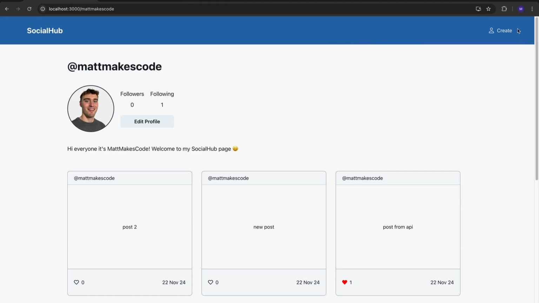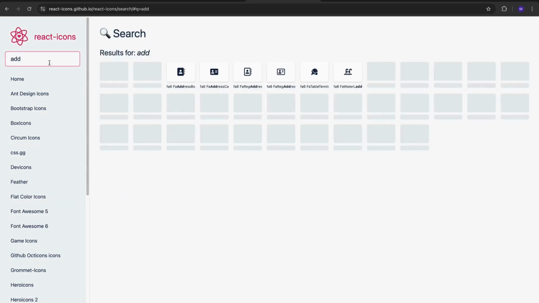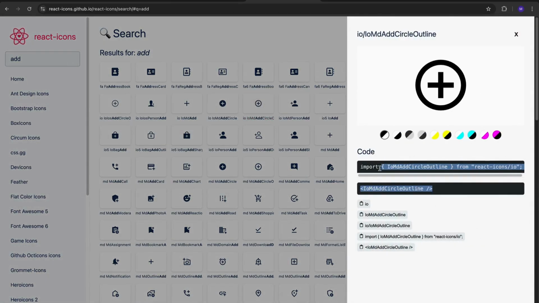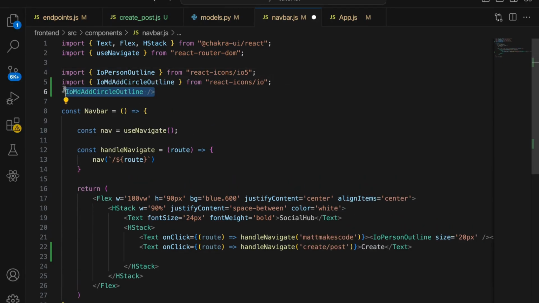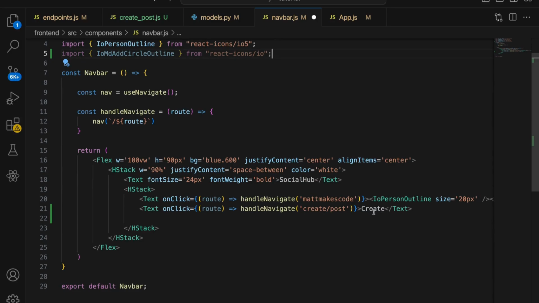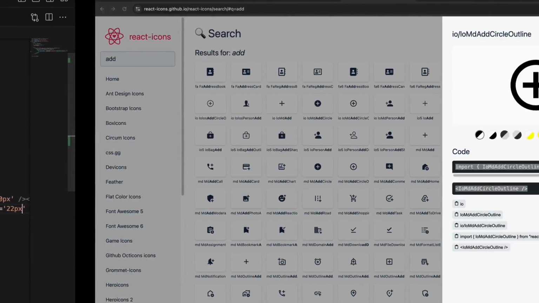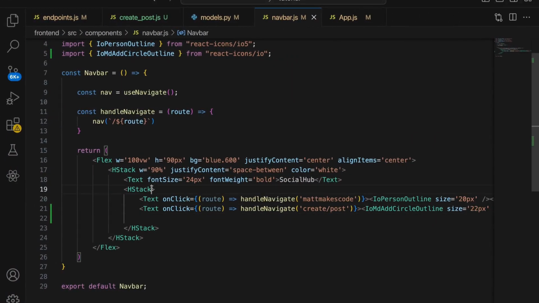What I want to do is just change this to have an icon instead. So just like before, we'll go to React icons. When we got the profile icon, we'll do add, and we'll use this one. So we'll just import this. Then we'll do about 22 pixels because I think this one's a bit smaller. There you go. So 22 pixels. And then this needs a bit of a gap, so